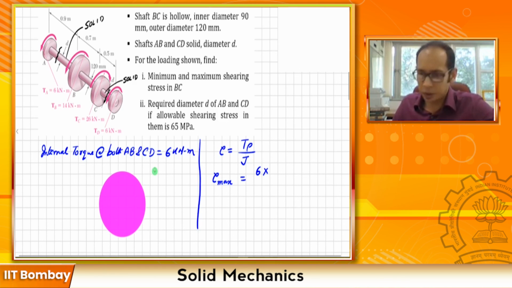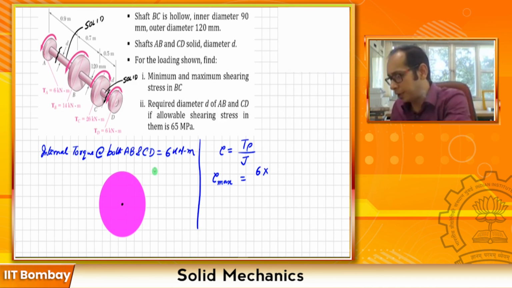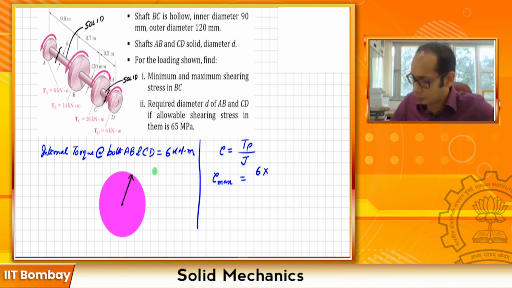If this is the cross section and this is your center, what we are trying to find is this one. This is your R, which is nothing but D over 2. Remember, the question asks you to calculate D. So coming back to this equation, it is going to be D divided by 2,